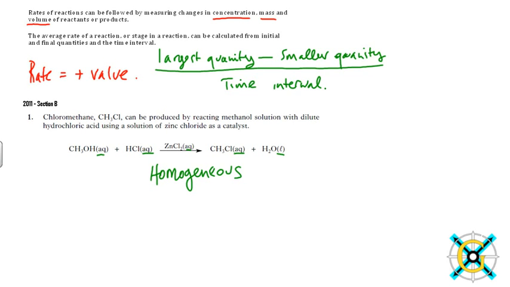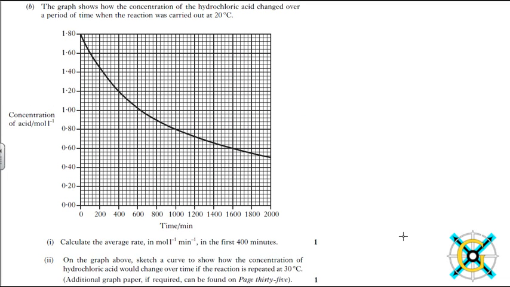So we're going to now go over to the next section of question B, which relates to rate. It says, the graph shows how the concentration of hydrochloric acid changed over a period of time when the reaction was carried out at 20 degrees C. The first question asks, calculate the rate in moles per litre per minute, mol l^-1 min^-1, for the first 400 minutes. So the first thing to do is to